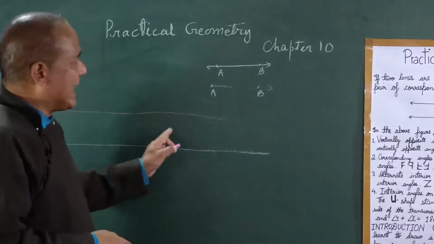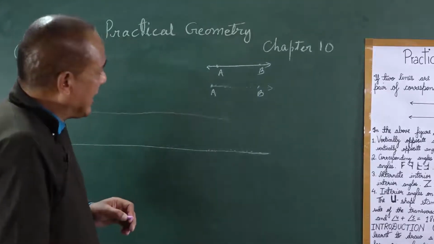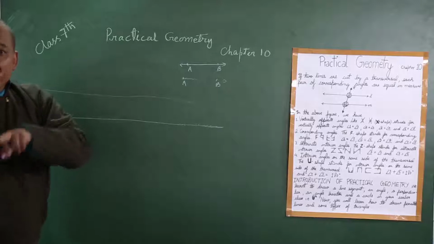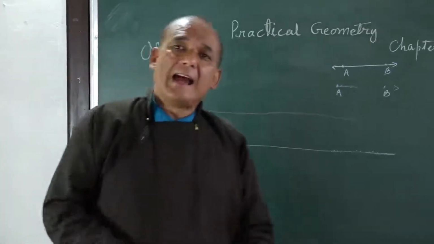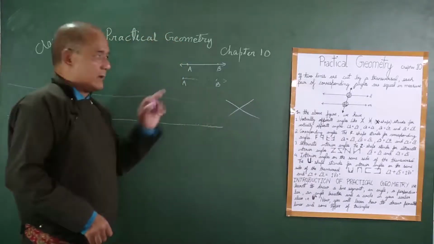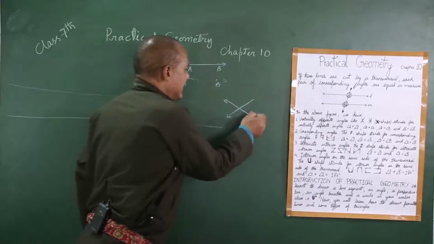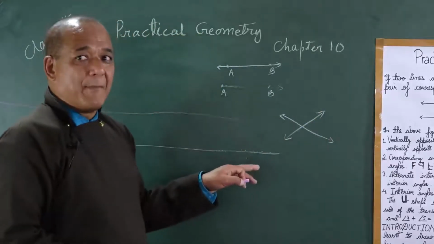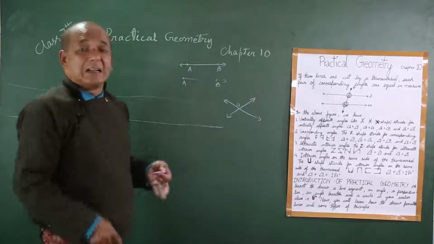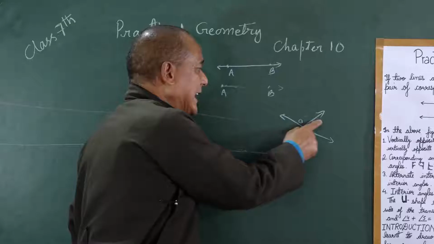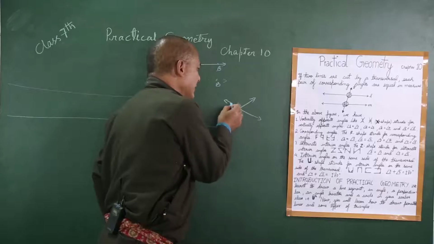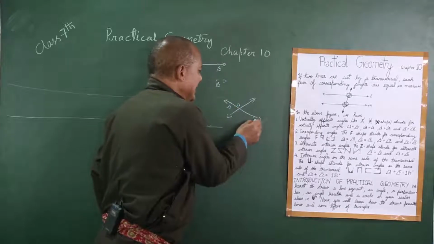Now, when you are talking about parallel lines, these are parallel lines. Here we have two different things: two lines can be parallel, and two lines can also be non-parallel. When they are not parallel, they will meet. This is one line, this is another line. Both of them intersect each other at one point, for example, this is O here. I don't put names on these lines, I just show you what the lines are. These are lines, this is another line, then there is O here. For example, now I put A, B, and then you put C, D.